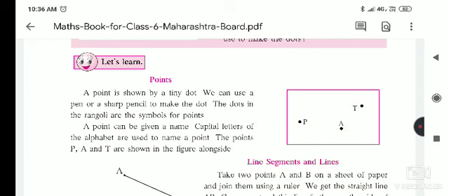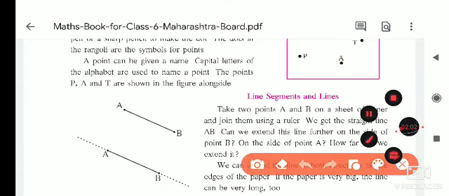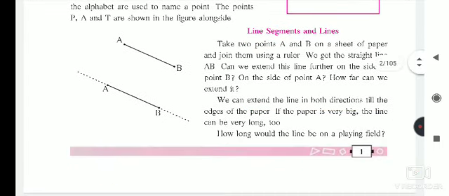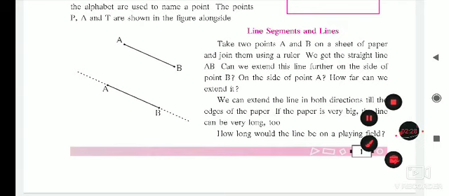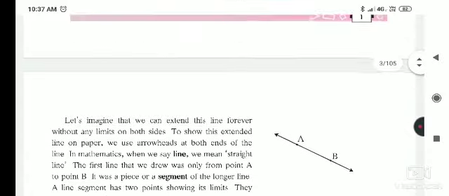And then I told you that if we draw 2 points, plot 2 points here, and if we join them with a line, then it is called a line segment. And a line has no end, it means that we see it going forward. Then see here, I told you that a line segment has a particular measurement. It means it may be 5 centimeters, it may be 10 centimeters. In this way a particular measurement is there for the line segment.